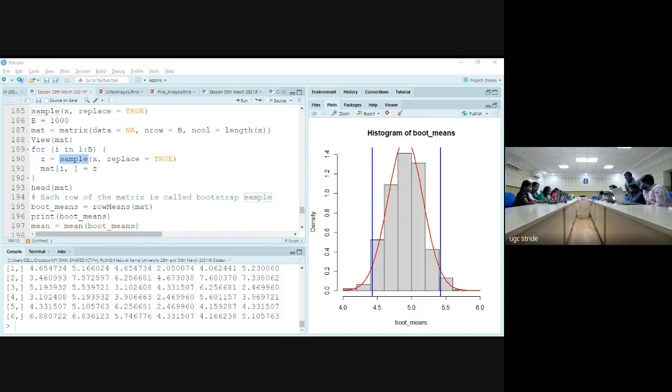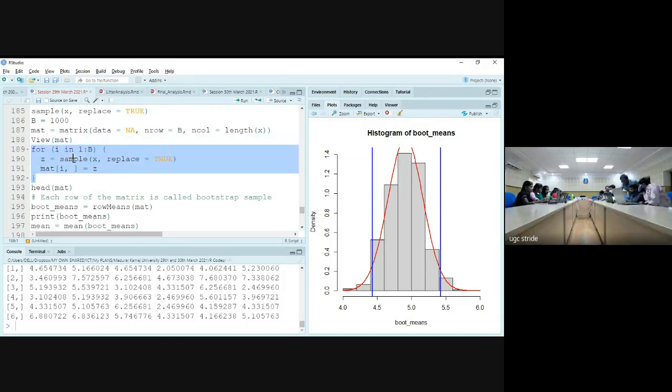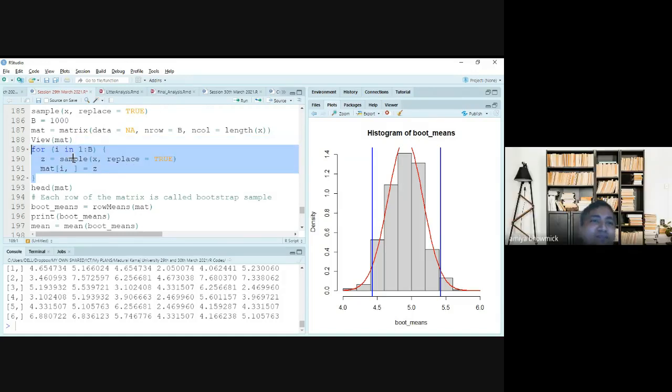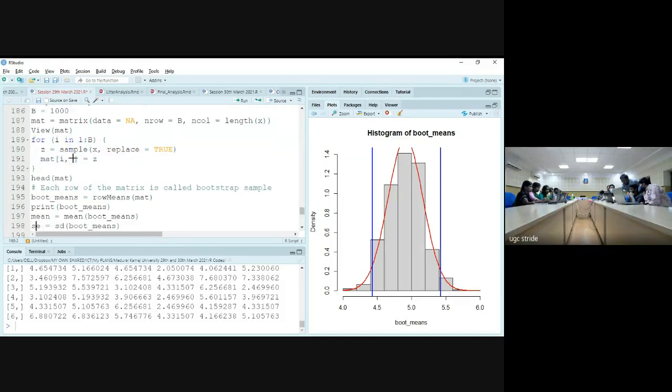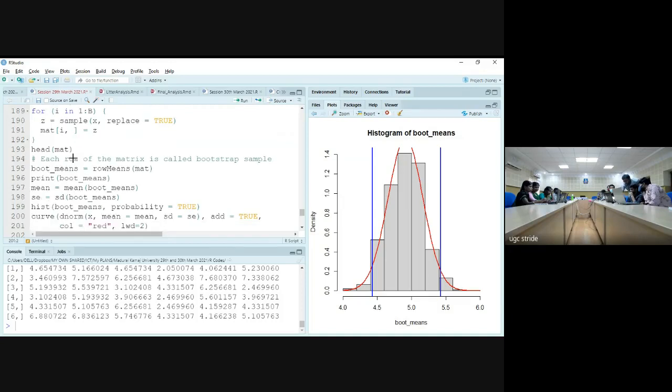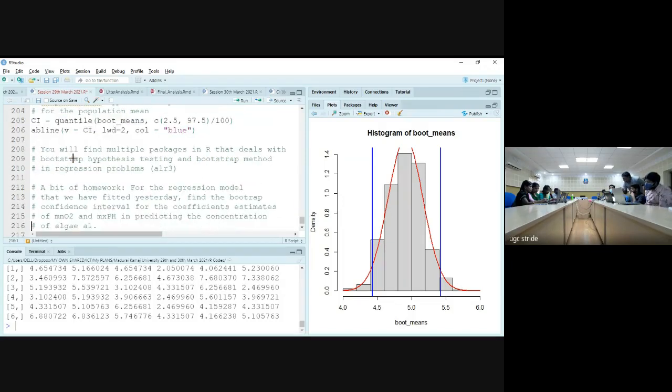Sir, can you go down a bit? Above 198. So this part is resolved? Yes, it's solved. Okay, what is the problem? Now, sir, go below. After the curve, this thing. Oh, here.